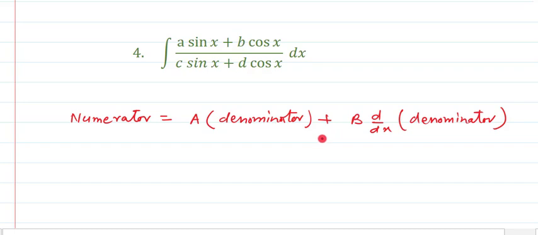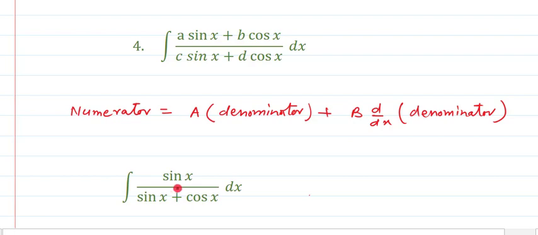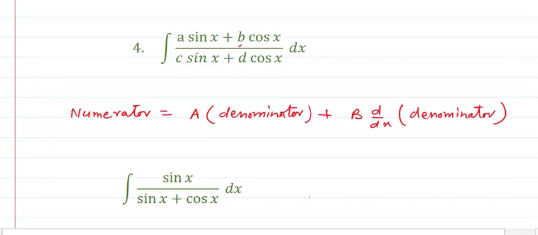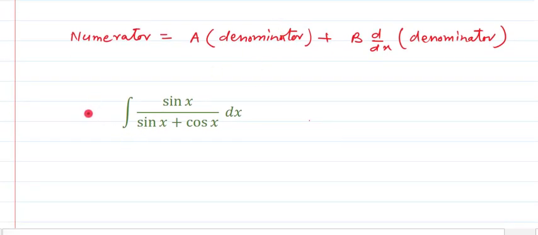So let me take an example in front of you to explain how to do these problems. The problem that I have taken is of this type. Here you are finding that no cos term is present in the numerator, but still it is the same type. Why? Because we can say that the constant B is 0 over here. So it may have both the terms of sine and cos in the numerator, or it may have either sine or cos, a single term in the numerator. And in the denominator we are having both the terms. Okay, so as I told you, let us proceed in the same way.